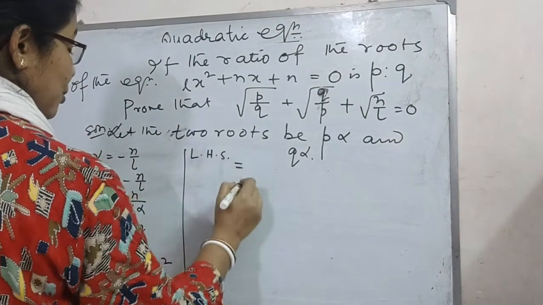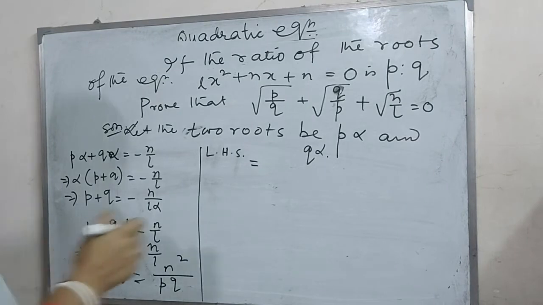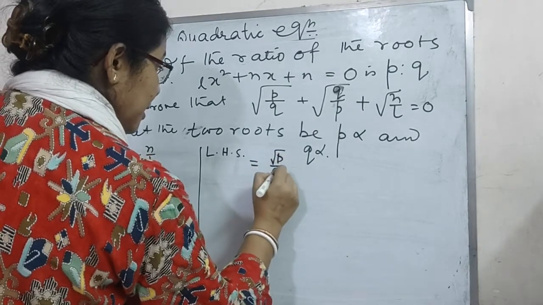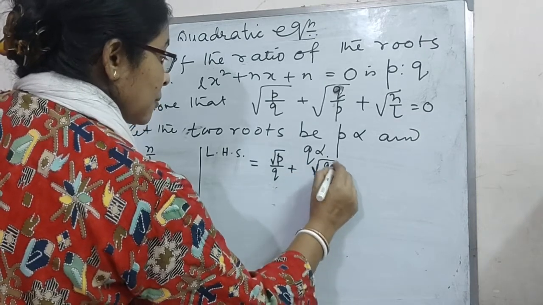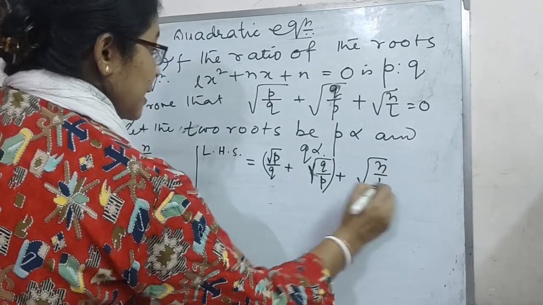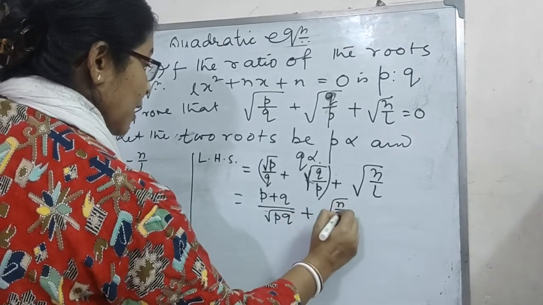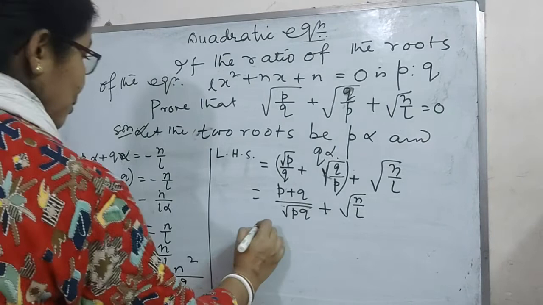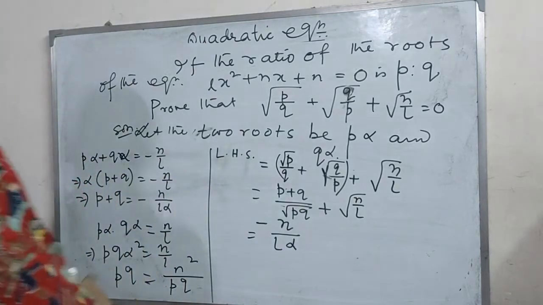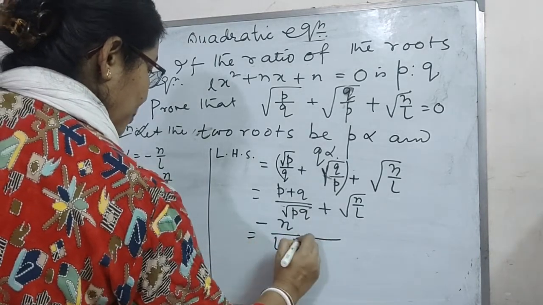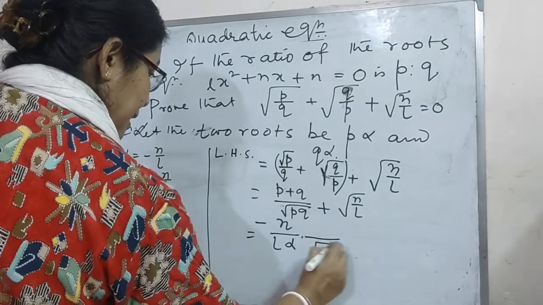Left hand side equal to root over P by Q. I can write it as root P by Q plus root Q by P plus root over n by L. This equals P plus Q by root over PQ plus root over n by L. P plus Q equal to minus n by L alpha, and root over PQ equal to